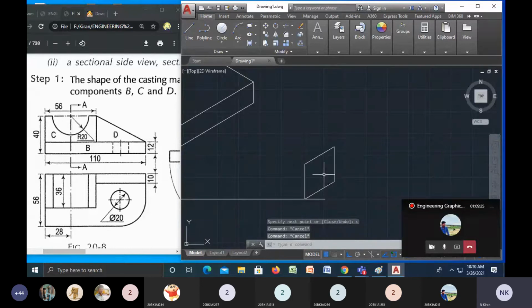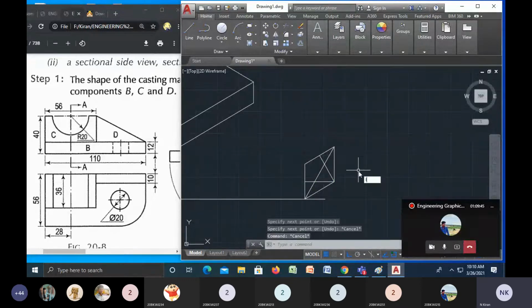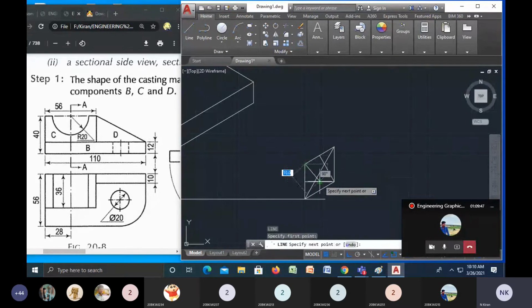Okay, right. This is your highest diagonal. I will join this one also, so that it will be easy for you to make a midpoint. And remaining apart from the highest diagonal, L enter. From this point, I will join opposite midpoints. And L enter. From this point, I will join opposite midpoints. Okay, right. Enough, I think. And one more line I will draw from this point. This data is enough for you.